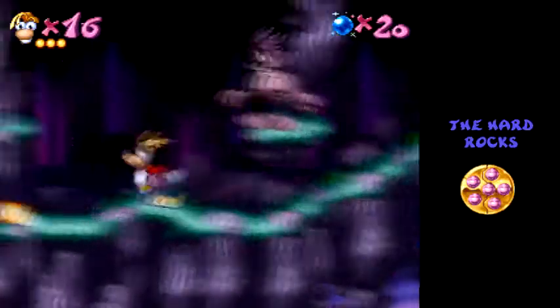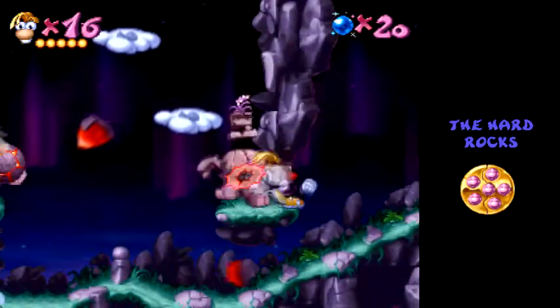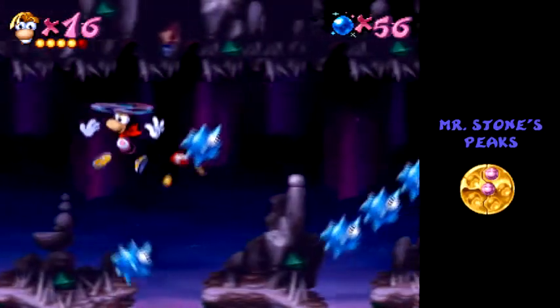Now at the end of this stage, fall down and you'll see a cage appear. You want to get the power up, so this cloud here appears. You kill the guy, use this platform to get the last cage. Last level, right below